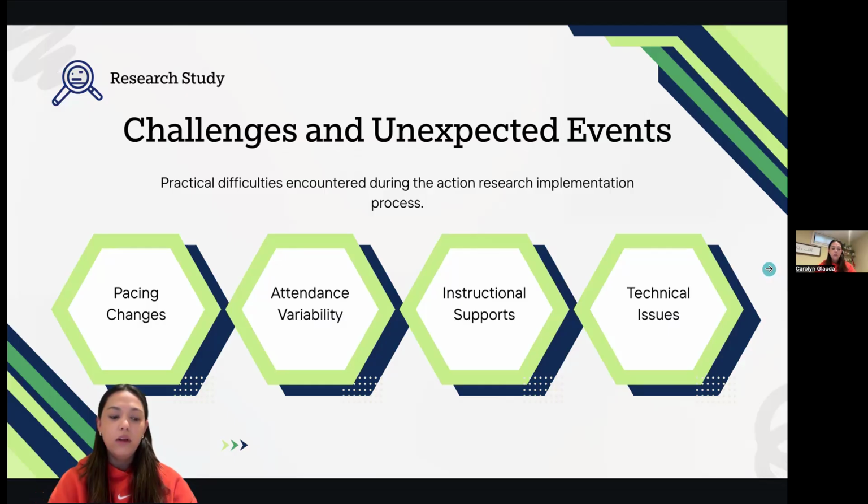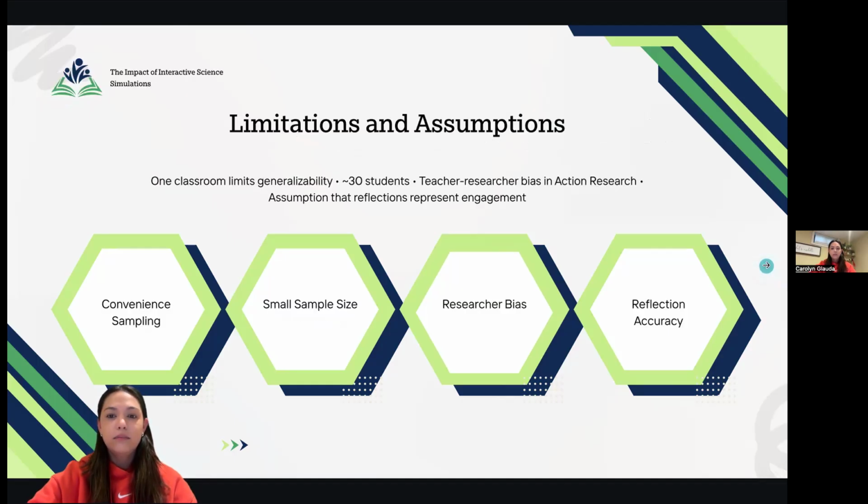The study also involved a small sample size, so the convenience sampling within one classroom setting limits generalizability. Additionally, because I served as both the teacher and the researcher, there is potential for bias. To address this, I used consistent procedures, multiple data sources, and triangulation throughout the study. The short duration of the study is also a limitation, as longer term impacts on retention and transfer of knowledge were not examined. And then, of course, the reflection accuracy.